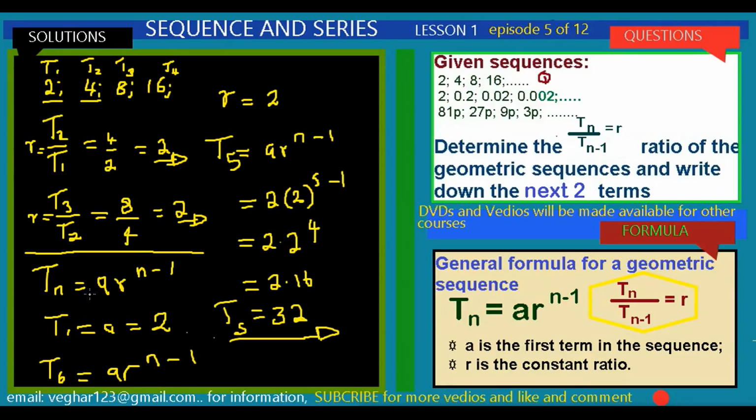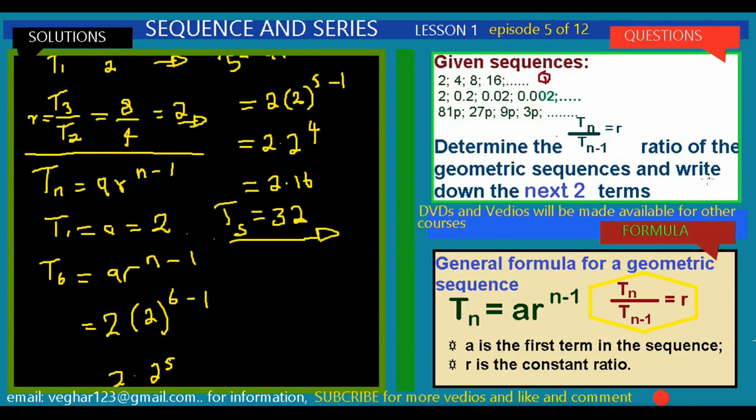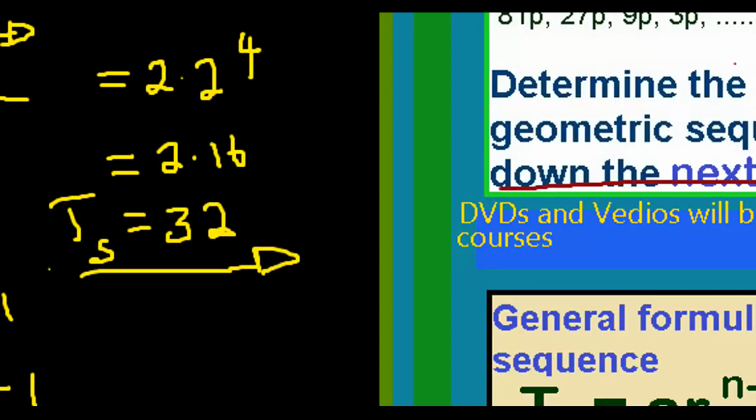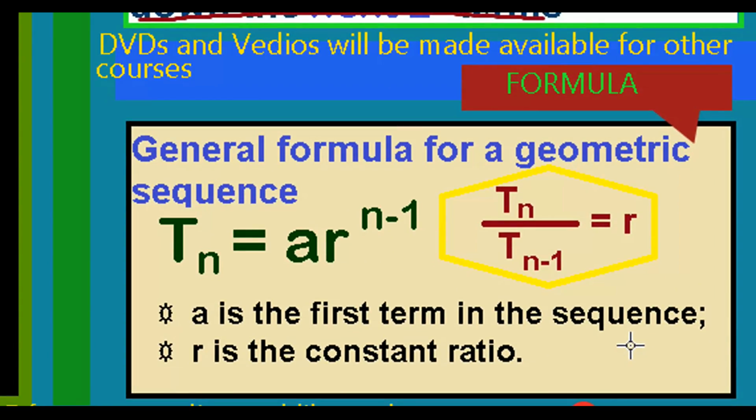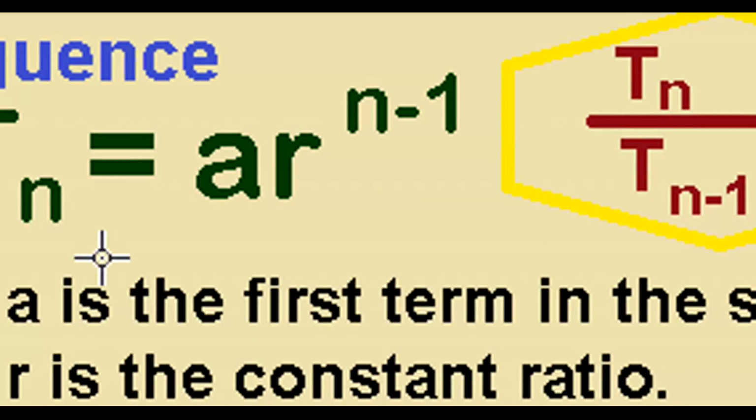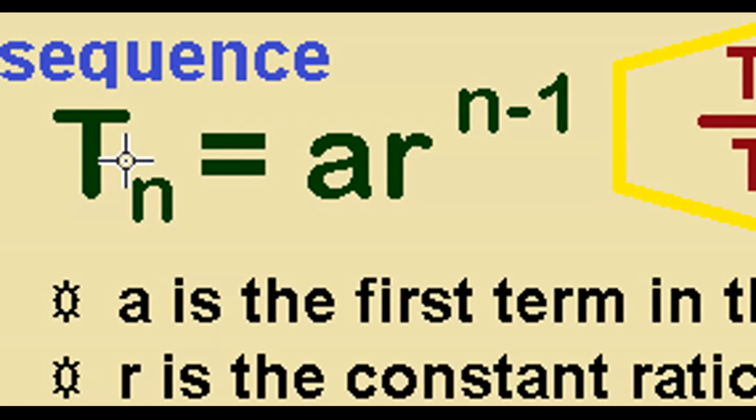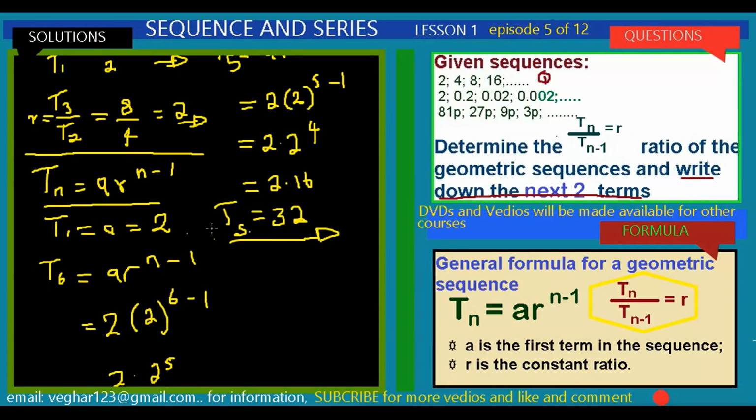The next question says to write down the next two terms. To write the next two terms, you use this given equation to find the next two terms, and then you start with your a, it's